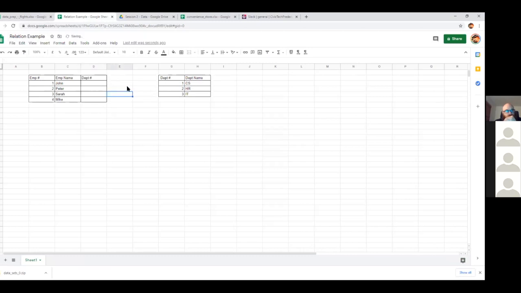Department number, and just use the corresponding department number for each employee. So if we assume that John is working in customer service, we'll put number 1 here. Peter and Sarah are both working in HR, so put 2, and Mike is the only guy in the IT department. So this way,